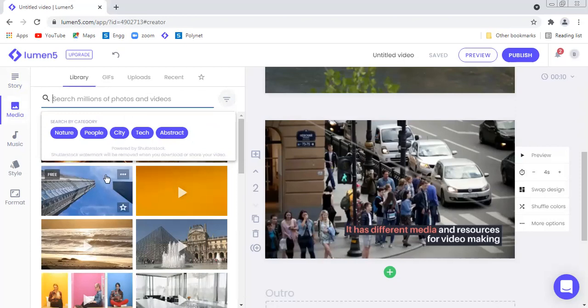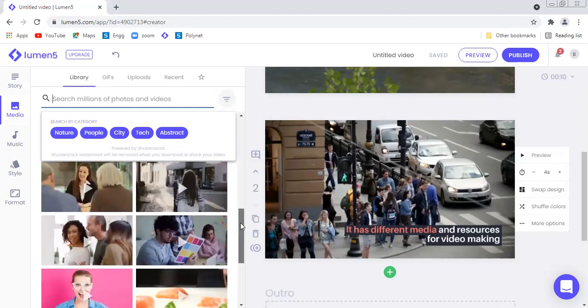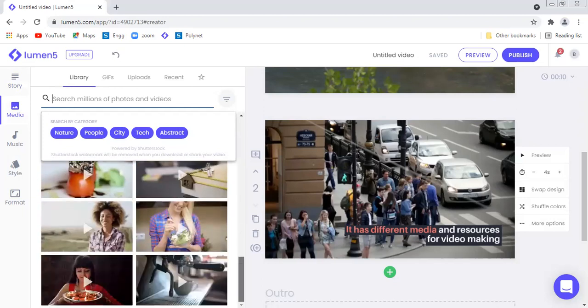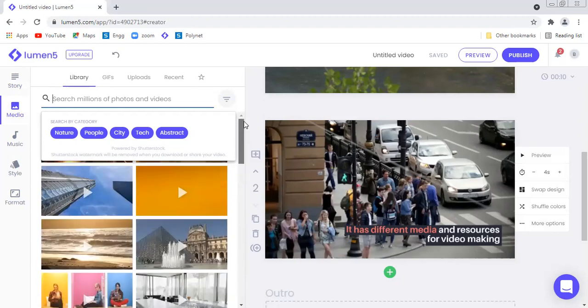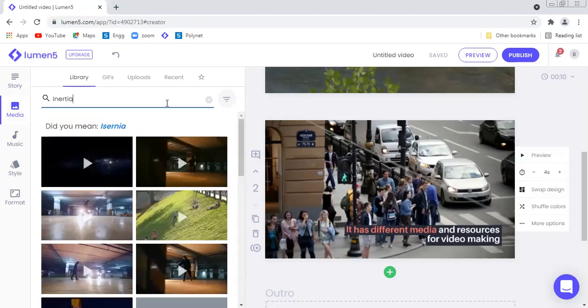If you move the cursor over that particular media, and it is free, you will be able to see the word free, right? If it is a paid one, there will be an icon showing that it is paid. For example, suppose I am typing something, say inertia. This is free, right?